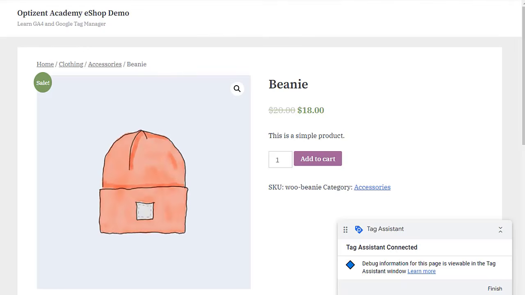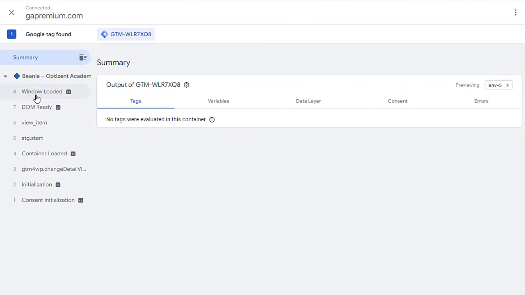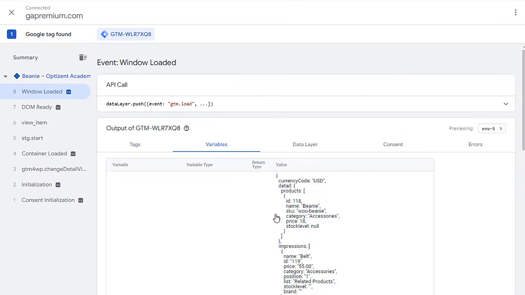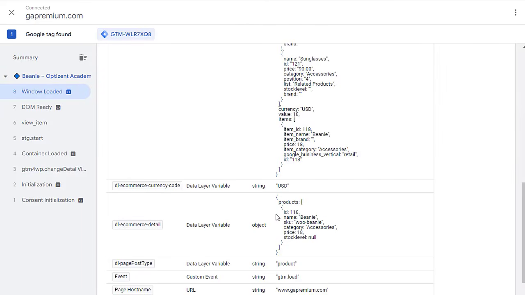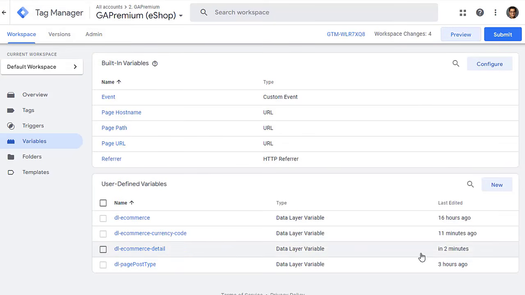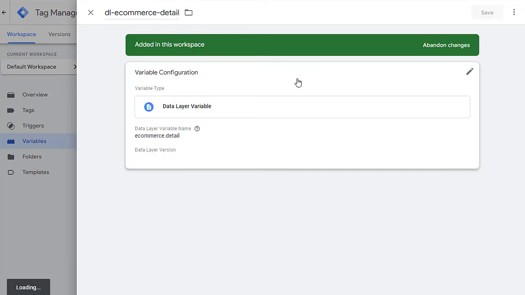The window is loaded. Let's go back, click on continue, go to window loaded and click on variables. Scroll down and here you can see DL e-commerce detail that pulls only the detail value. It's an object that contains the products. Next, let's go down one level and pull the products. So let's just copy this here because that's the value I'm going to use, and then go back to Google Tag Manager and now pull up our DL e-commerce detail,